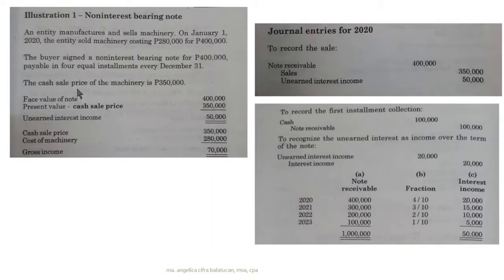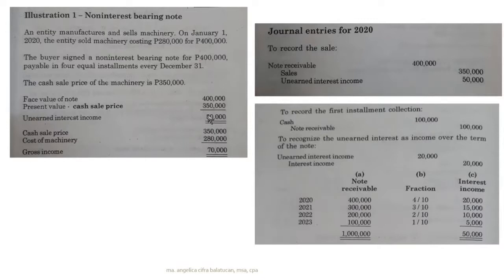So, how do we determine the interest? If it is a non-interest bearing note, we need to determine the unearned interest income. That is what we should compute first. How to compute? You compare the face value of the note and the present value, which is the cash sales price. For this problem, the cash sales price is given. So that's 350,000. Although the machinery is being sold for 400,000, you are going to consider the price of the machine if it is bought or sold for cash. Okay? So 400,000 minus 350,000, the difference would be